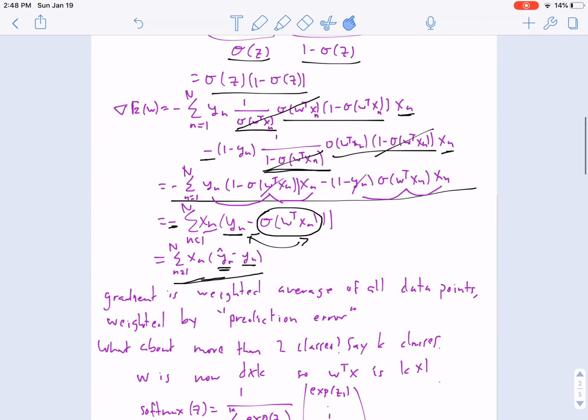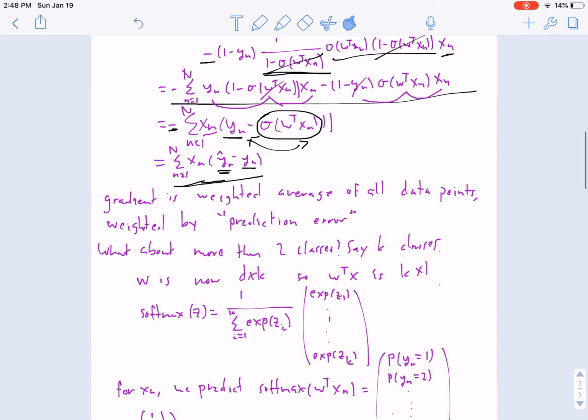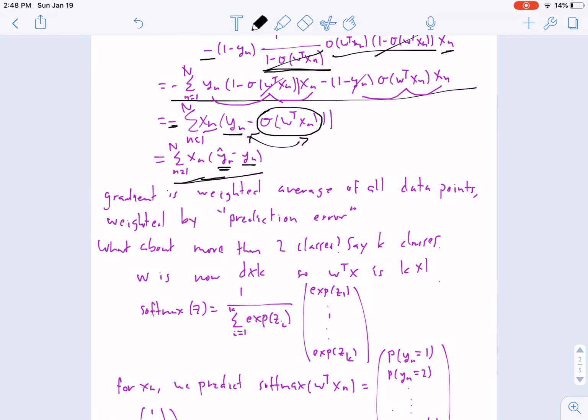Cool, so what if we use more than 2 classes? Let's say we have k classes. So now w is not just a 1 by k vector, it is a d by k vector. Our linear prediction is again w transpose times x, and our linear prediction gives a k by 1 resulting vector. So now we have a bunch of predictions, and again, remember we use the sigmoid function to take a linear function and transform it into